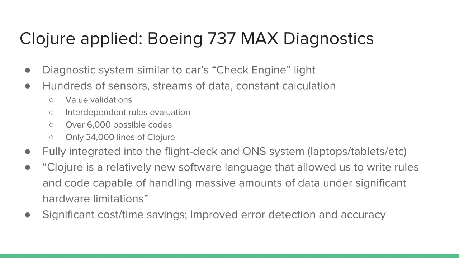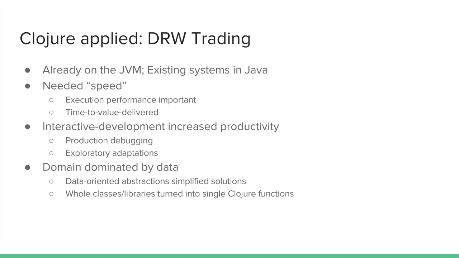And a quote from the case study: Clojure is a relatively new language that allowed us to write rules and code capable of handling massive amounts of data under significant hardware limitations. So data fusion, quote unquote in the small, in a very interesting aspect. And that same report also captures significant cost and time savings, as well as improved error detection and accuracy compared to the older system. But anytime that you have a data-oriented problem, including trading or financial information, Clojure seems to be